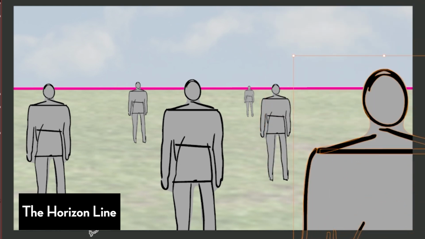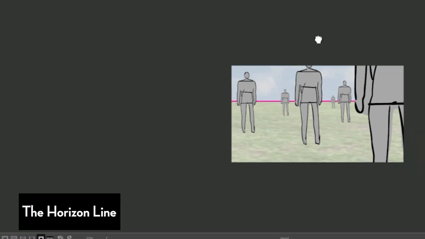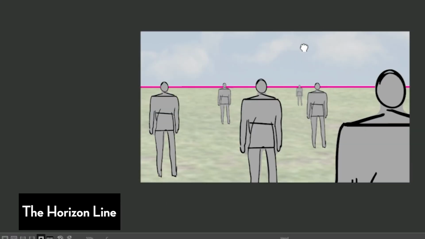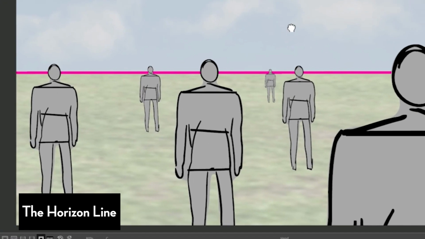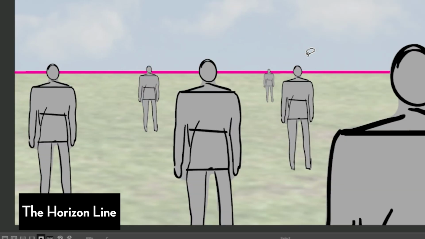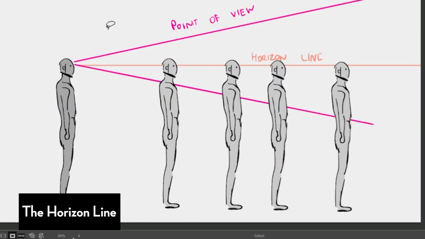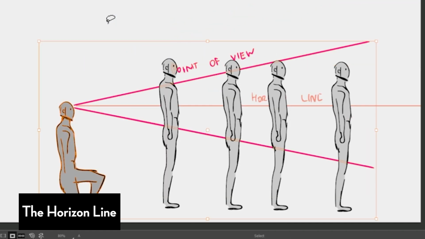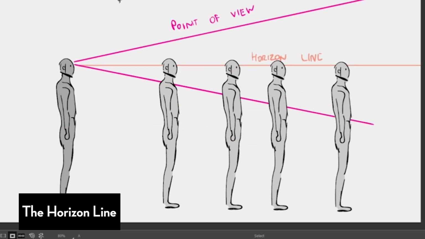Now let's do another take where we make the horizon line match the figure's crotch or waist area. This gives the impression that us, the viewer, is kneeling, with our heads or eyes matching the level of the crotch or the pelvis. Even without a background or perspective grid lines, there are already hints of depth by how consistent these figures are to the horizon line.